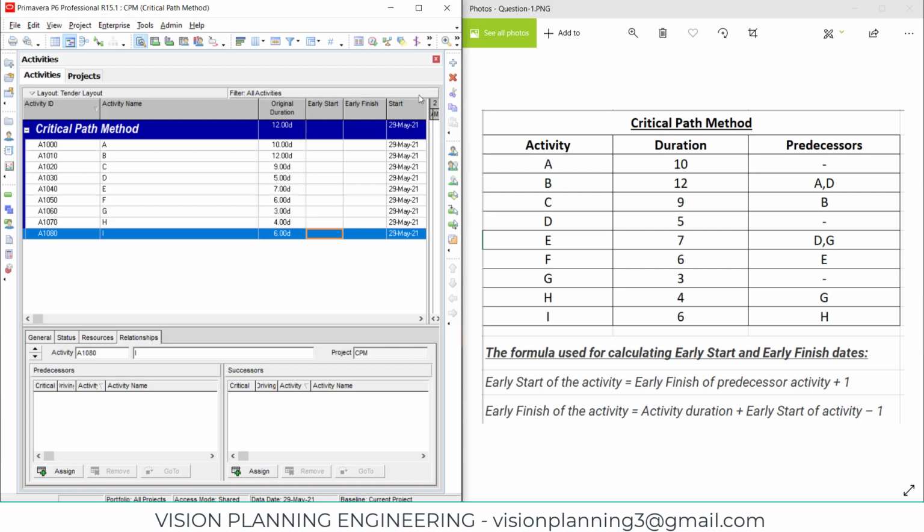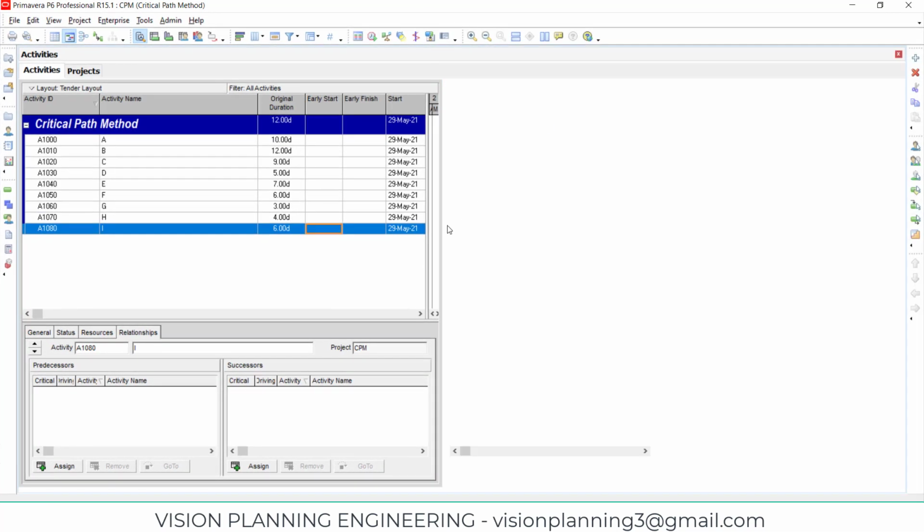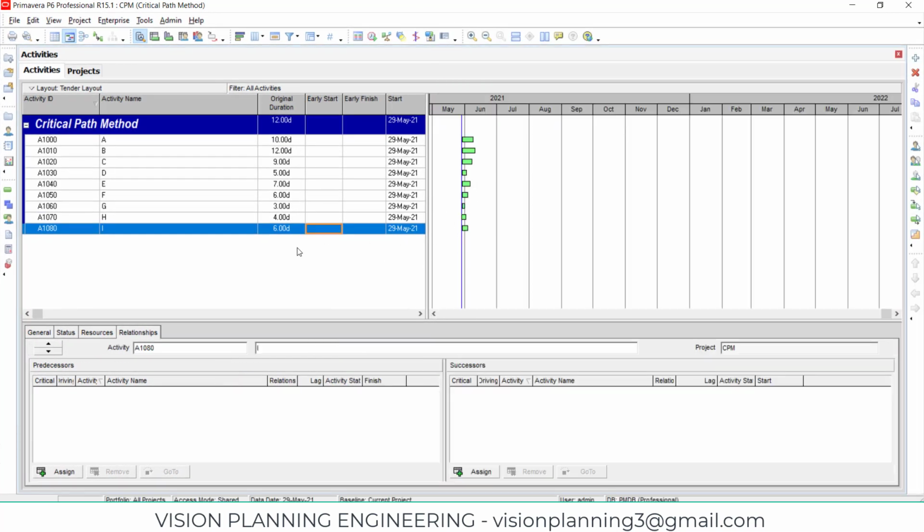After this, we have to give the predecessor. Now, to give successor and predecessor in Primavera, we will have a tab here. In this activity detail window, we will have a tab here.